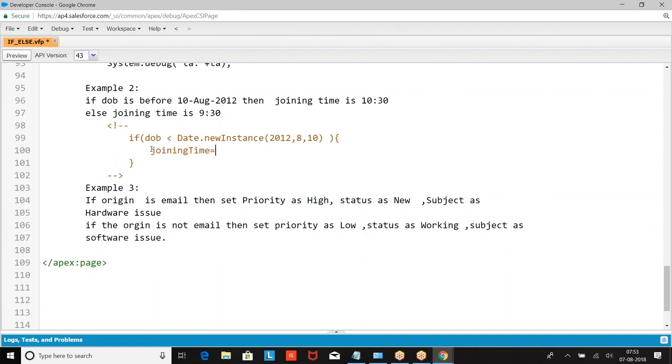Joining time is, what is the time? Time dot new instance of 10:30:00.